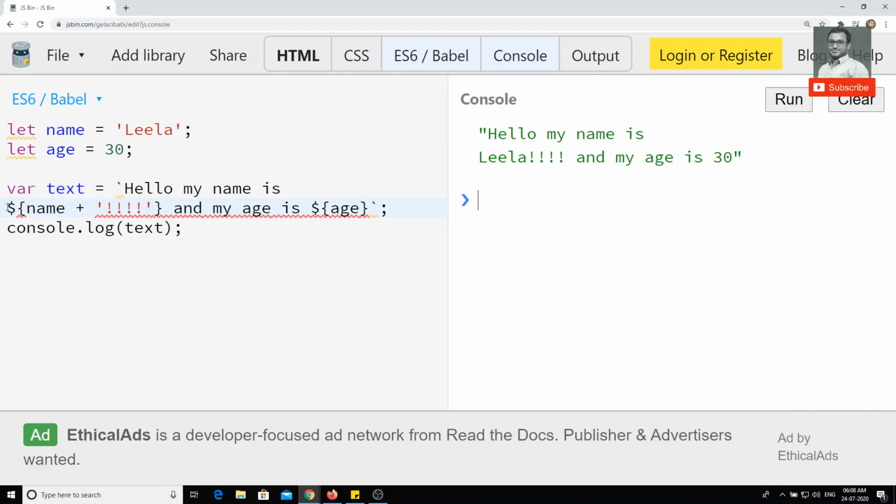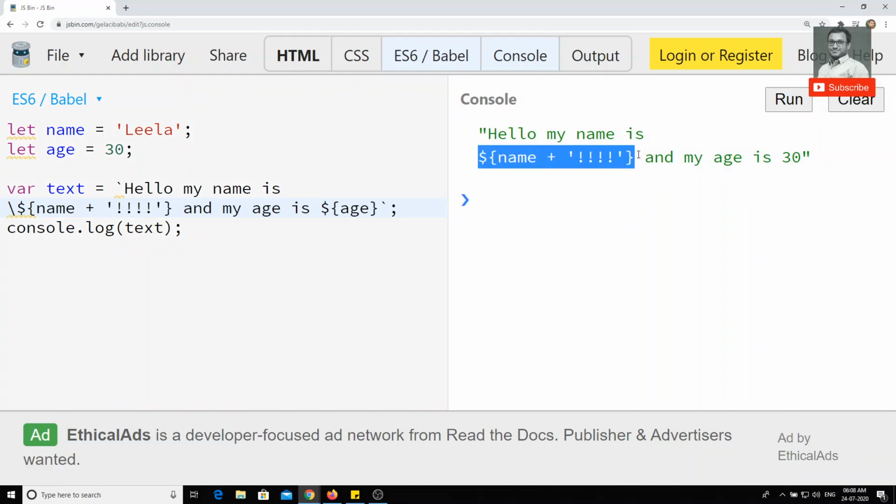And if I don't want to use the variable and want to print this as it is, you can simply use a backslash before the backtick. If I print directly here, you get the output like this. If you don't want to convert it into a variable and want to print it as it is, you can use the backslash like this so that it will be printed as it is. So this is how we can represent complex strings in an easy way in ECMAScript.